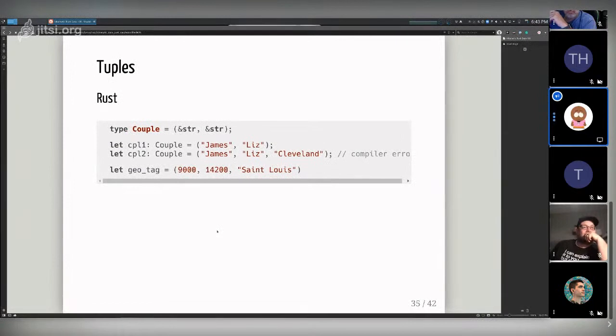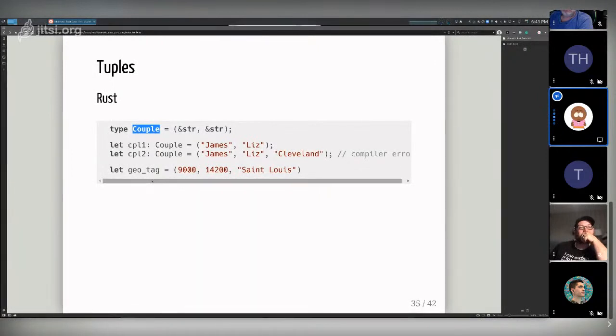Cool. So here are some concrete examples in Rust. The interesting thing here is that we're introducing this type keyword, which allows us to do type aliases in Rust: type name, equals, and then some description of the type. The cool thing here is that tuples are described the same way as anything else, the same way as you would in the let statement. So you could replace it here and call it a couple, and that allows you to reuse this all over the place, which is kind of cool.